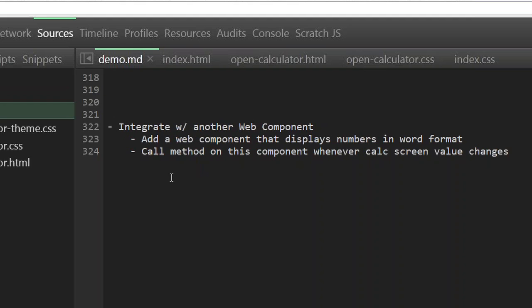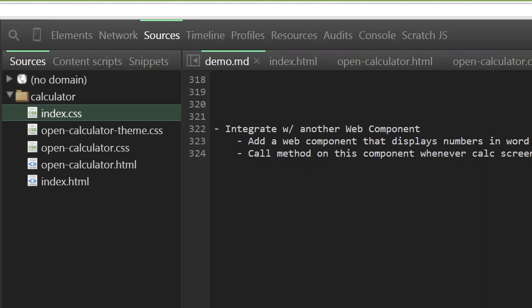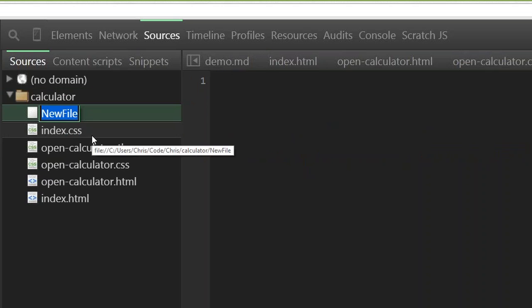So what I'm going to do is create a web component that will take the numbers that we're using and display them in text form here at the same time. So that's the one I'll just